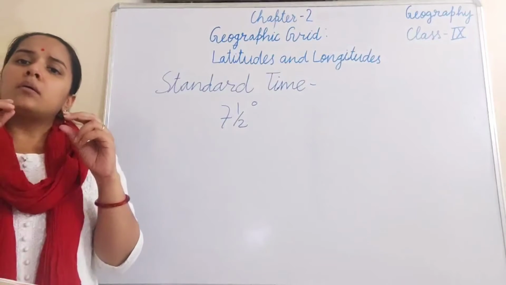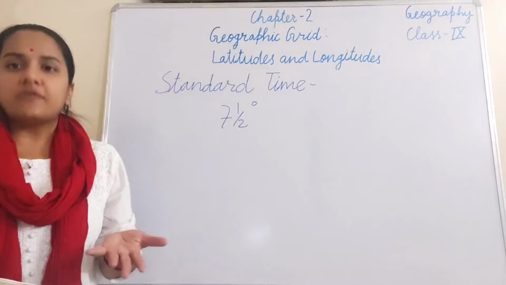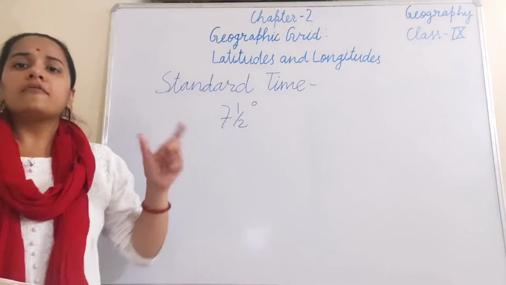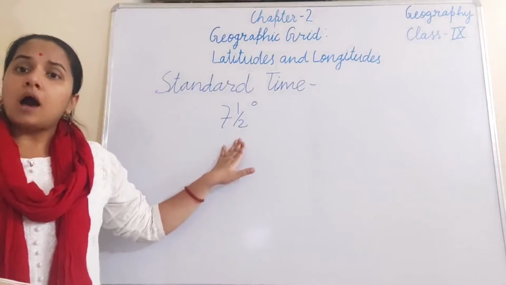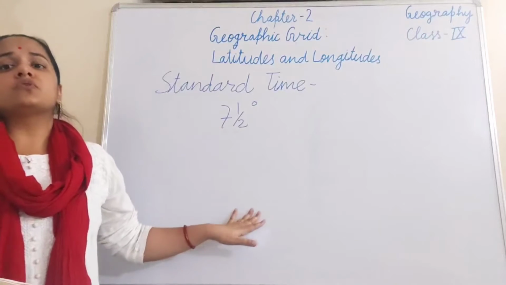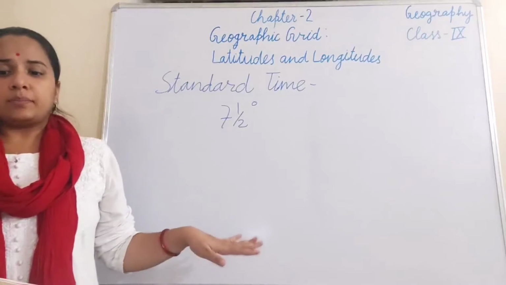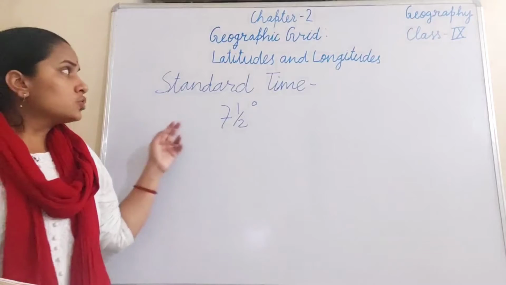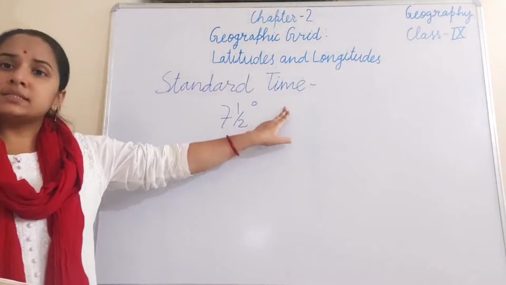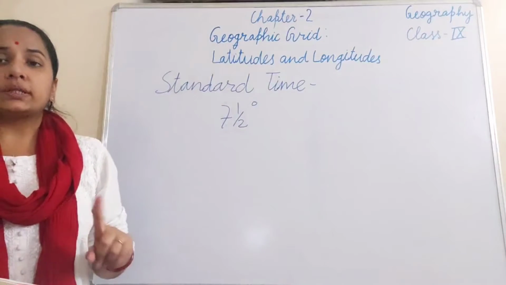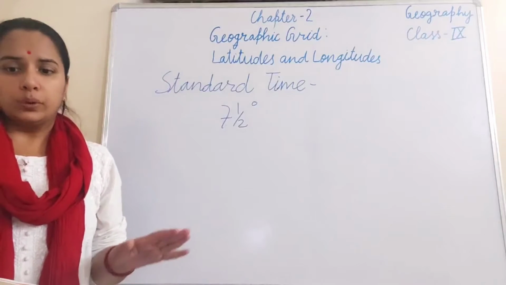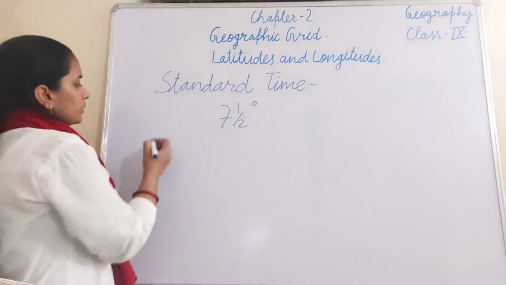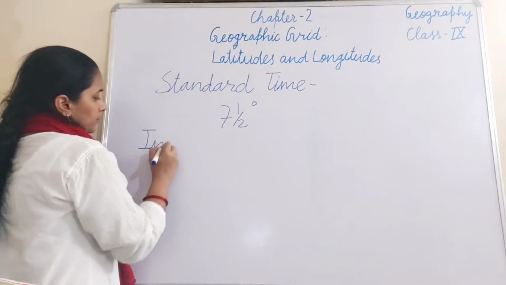not in any other fraction. No fraction for less than half an hour. So it would be easy for the purpose of calculation. So in this way we get the standard time based on the central meridian of a particular time zone. Now if we talk about the Indian Standard Time,